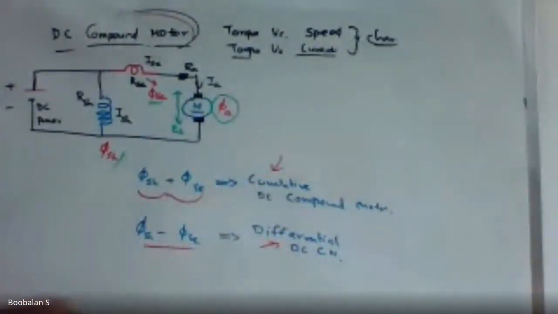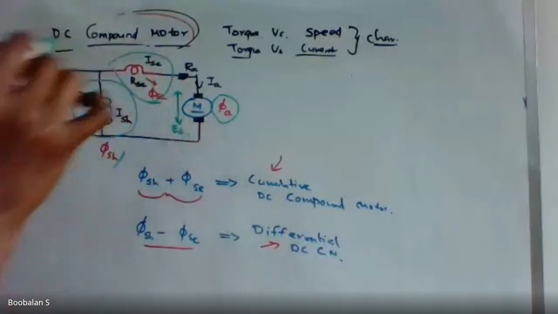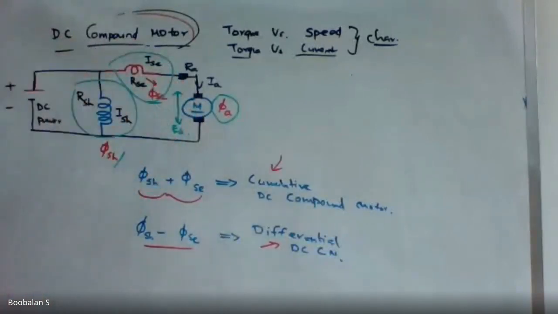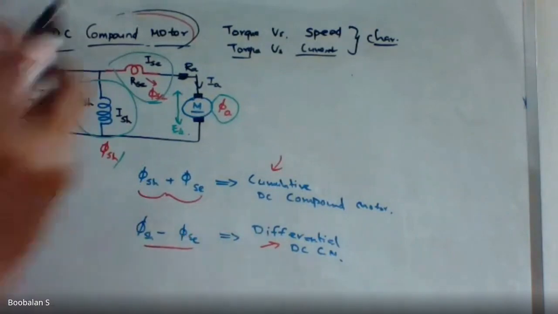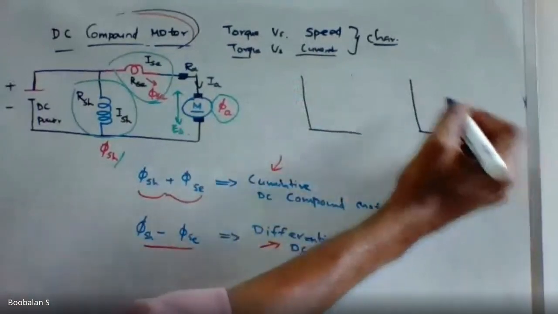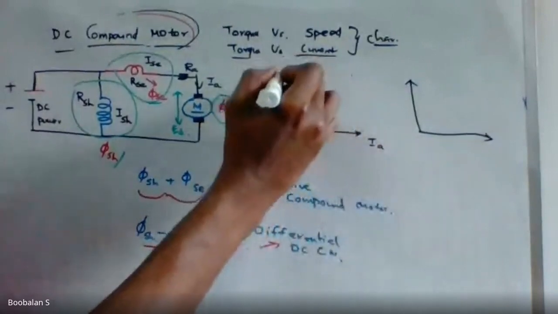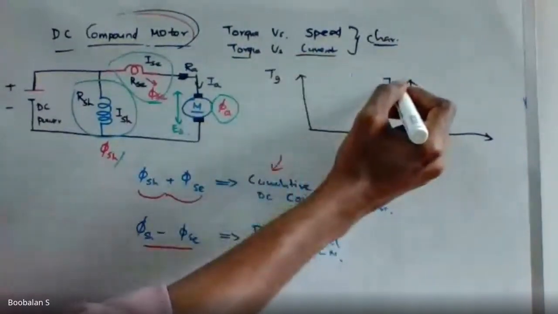So how will its graph look? We'll have two configurations over here. In the motor, it will have a shunt connection and a series connection. So there were two individual motors, the shunt motor and the series motor, and the advantages of both are now coming into a single roof, right? I'm just going to draw here. It will be very easy. One axis is armature current, one is torque TG, here also TG, and here is speed.